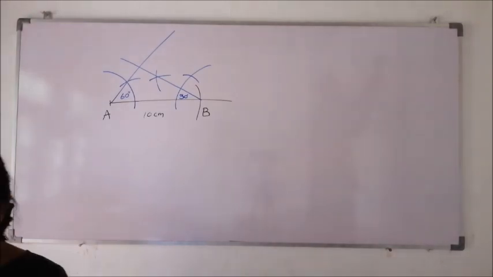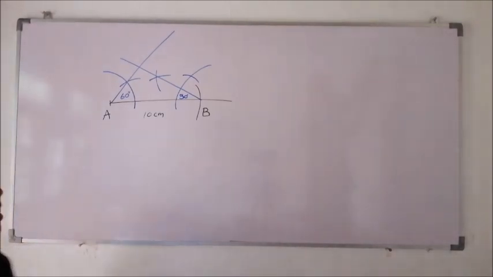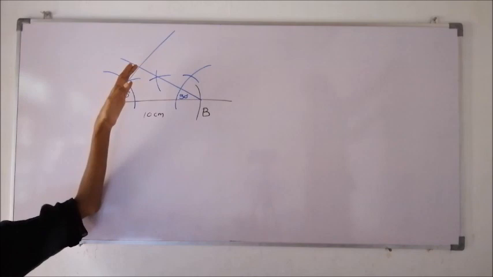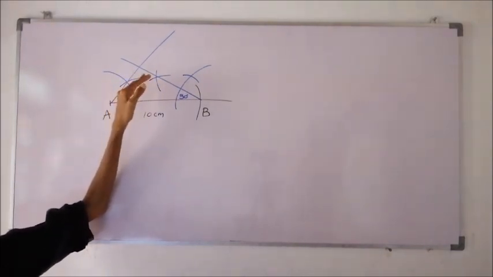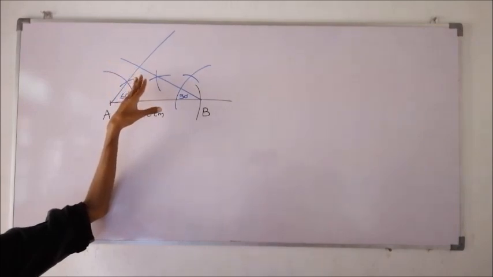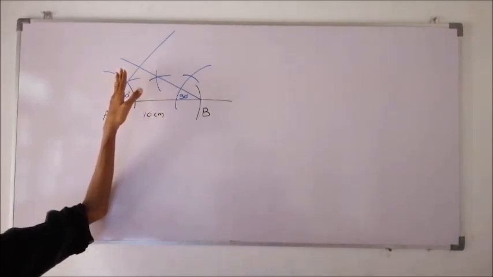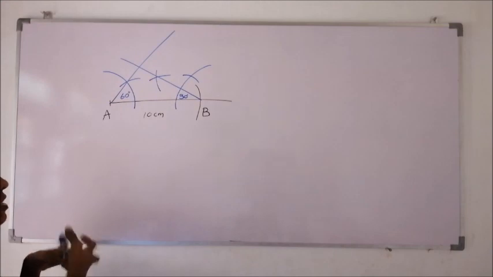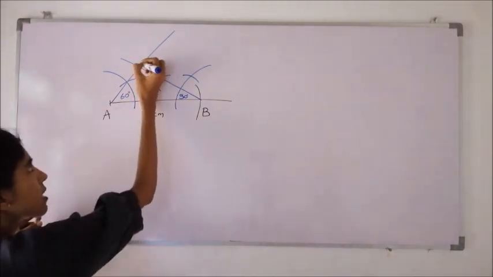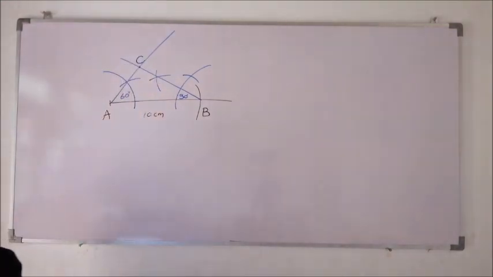Then they are telling, produce the constructed lines. I have already produced them as if to meet, but if you have drawn them halfway, you need to produce the two straight lines here so that they intersect, and name the intersection point. The intersection point of these two straight lines should be named as C. This point must be C. Right, this is the construction under that question.